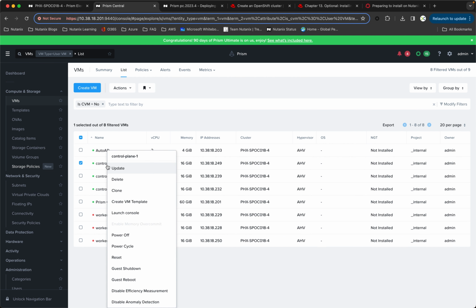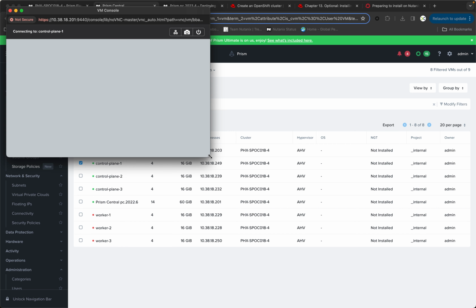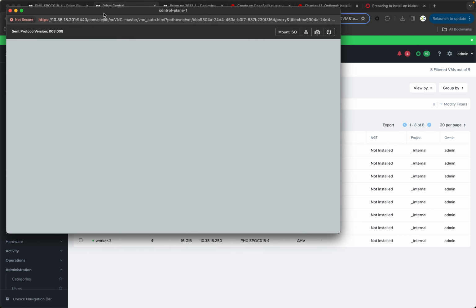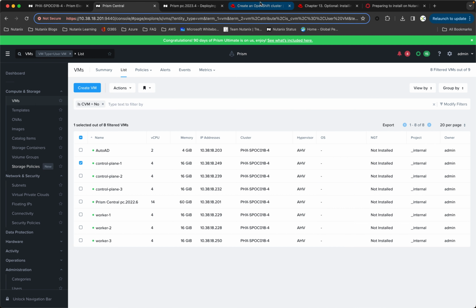And if I just launch the console on one of them, just to show you what's going on. Now hopefully if we've done this right, yeah. So it's booting off the Discovery ISO. So that's going to take a couple of minutes, but what we're looking for, if I just close that again,